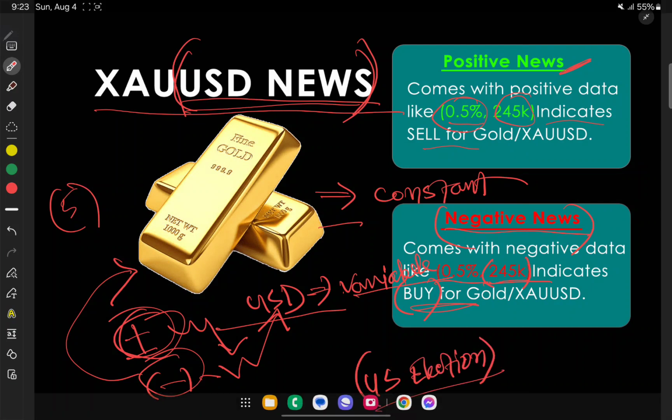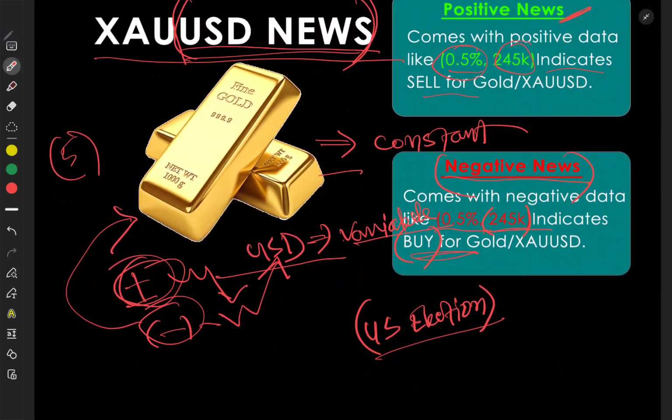Due to the US election, the market is very unstable currently, so you have to keep your concern on the US election. And as you know, the head of Hamas was killed by someone, or Israel. So this also makes an impact on the market. So you have to consider all of these things, then you have to take entry.